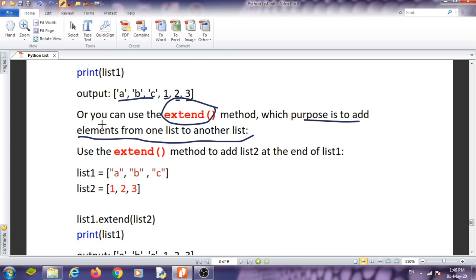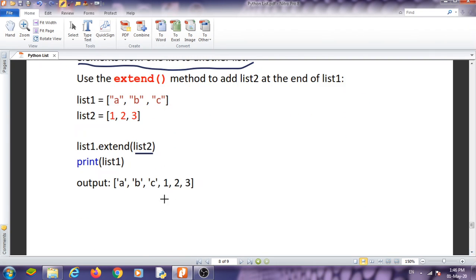We can add multiple elements there. For example, list 1 is given, list 2 is given, list 1 dot extend list 2. Now what happened? Print list 1, and the value of list 1 is like this.